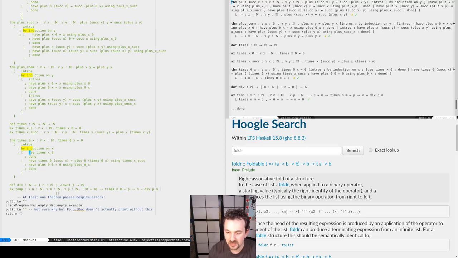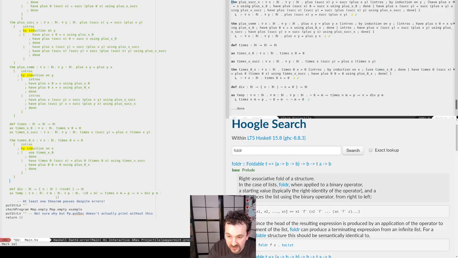Okay, so now we can do our next theorem, which is times sucks x, which asserts that times sucks x and y.